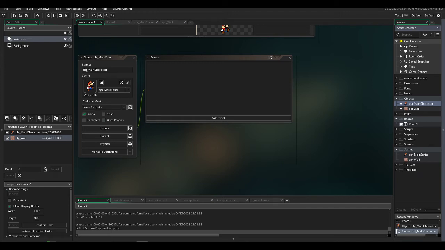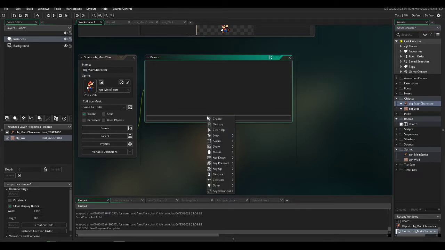Okay, so you've got your main character now in your GameMaker Studio game. I've gone for a Mario, and we need to hook up the movement keys with our arrow keys. So to get any key moving on the keyboard, you add an event, and we're going to do while the key is down. Okay, so while we're holding it down, and we need to set this up for up, down,